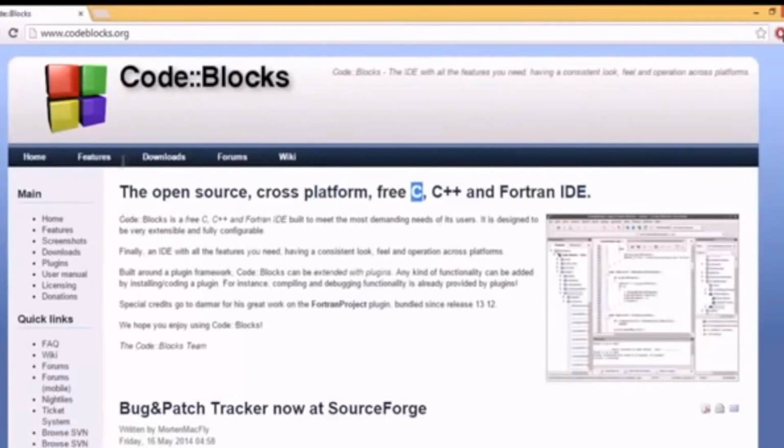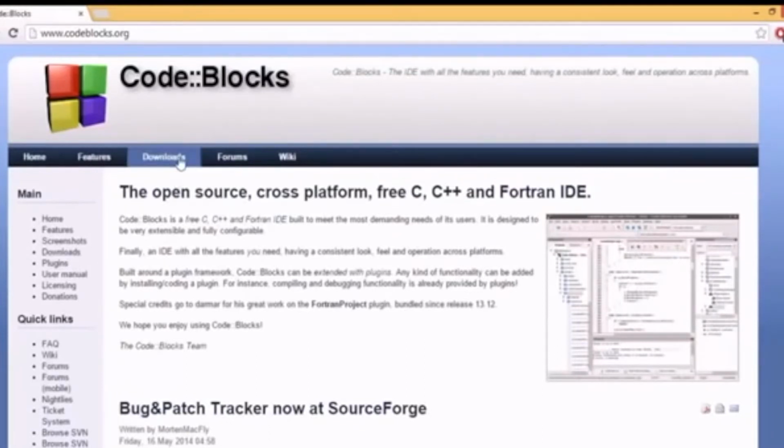And why I am recommending Code::Blocks to you is because it's cross-platform. That means you can get this on Windows, Mac OS or Linux operating system, and it's open source, so you can get it for free, right? Now how to download this? You can just click this downloads button here.